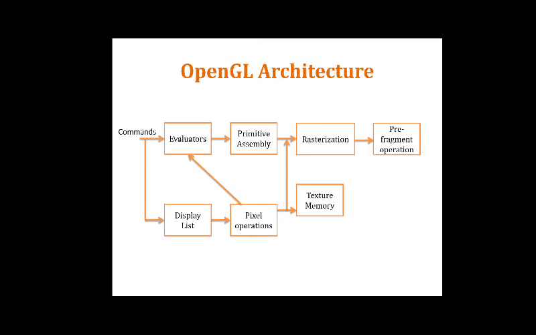Means some operations we are performing in rasterization are finalized in the fragment operation, and this is given as an input to the frame buffer, and again the output of the frame buffer is given to the pixel operation. Now what is the purpose of the frame buffer? We are storing the information related to pixels in the frame buffer, by performing some transformation on those pixels, and these are given to the frame buffer, and again the output of the frame buffer is given as an input to the pixel operation. So this is the continuous process of the OpenGL architecture.